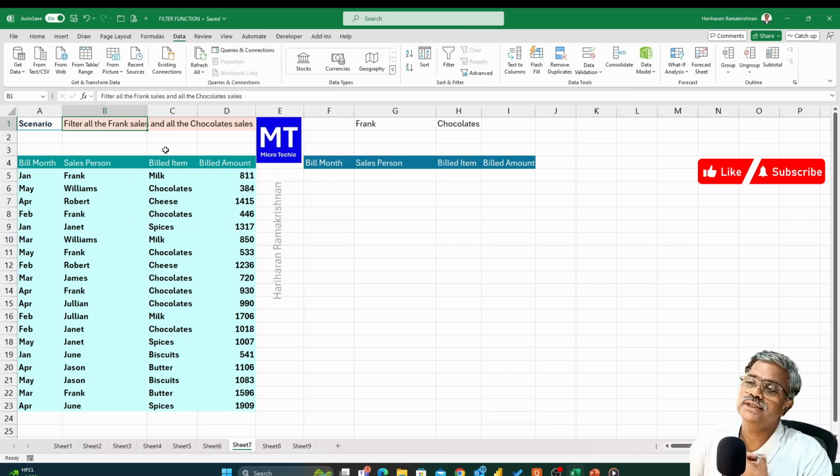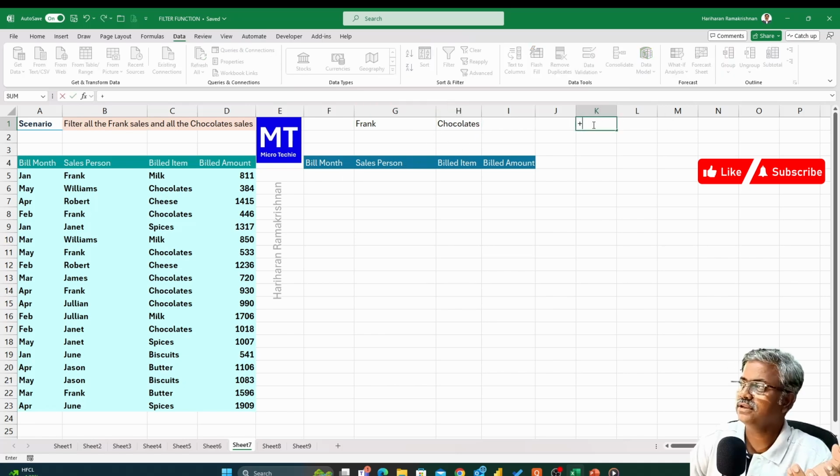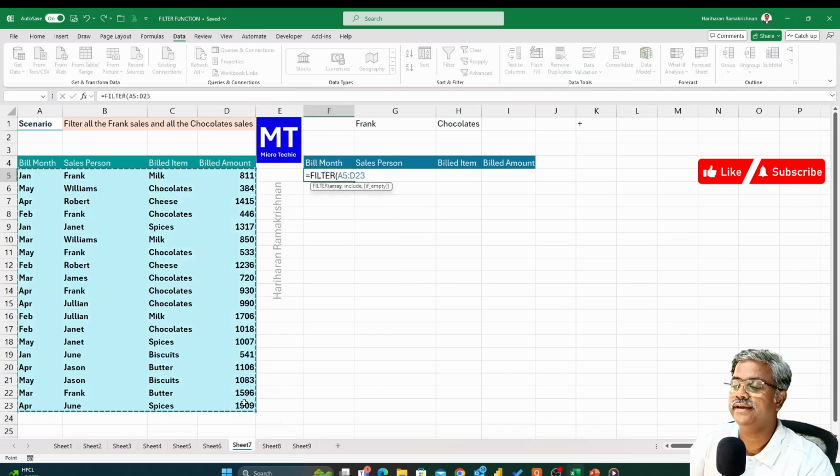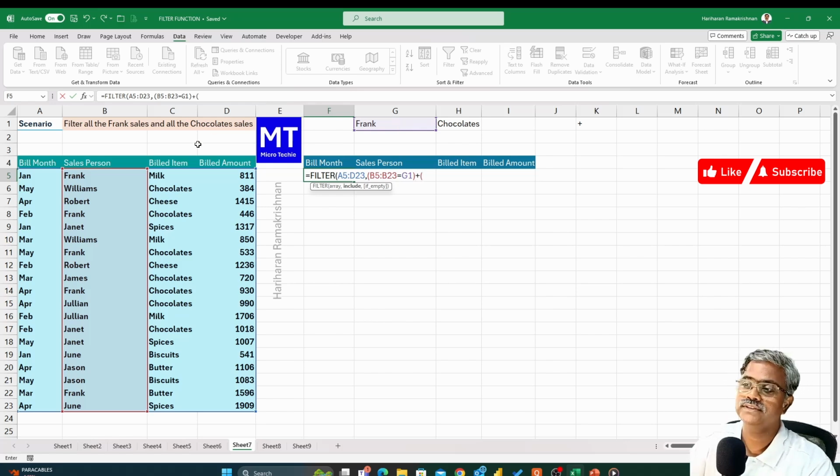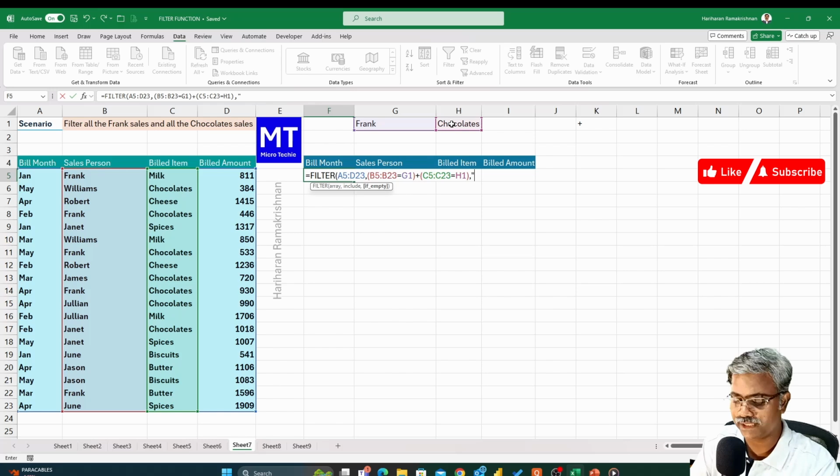So here there are 2 conditions and we need OR logic between them. You guys already know the plus symbol is used for OR logic, so let's go ahead and use that right now. Filter, first one is the array, comma, the next one is the include column, but remember we got 2 conditions here. It's better to put each inside a separate bracket. So we're going to select the salesperson column where it has to be equal to Frank, close the first condition, and it's an OR logic. So we go to the second condition, select that, and that should be equal to chocolates, and we close. So that's our include statement, comma, if nothing is found, simply tell me no records, close the braces,